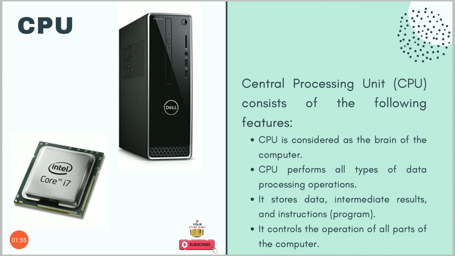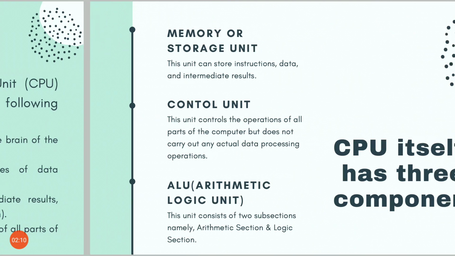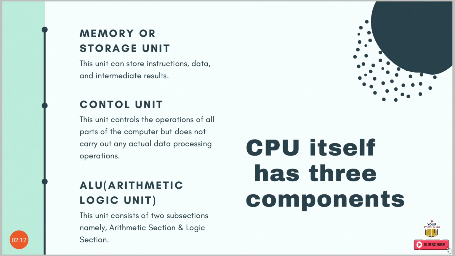Now, the CPU is considered the brain of the computer. The CPU performs all types of data processing. It stores the data, intermediate results and instructions. It controls the operation of all the parts of the computer. So, let's start with the components. The CPU itself has three components. First is the